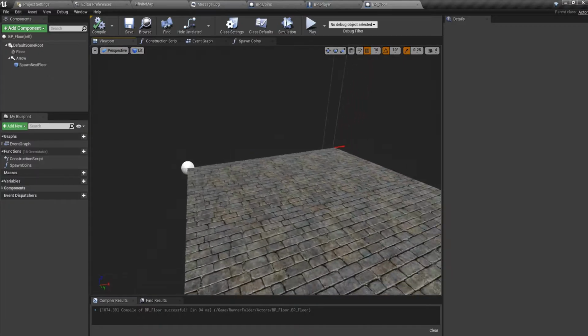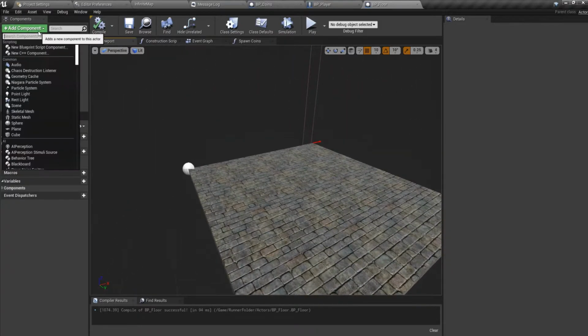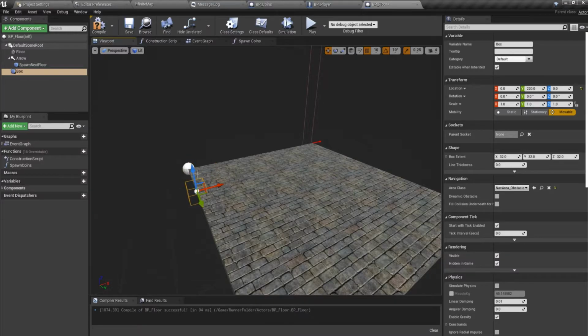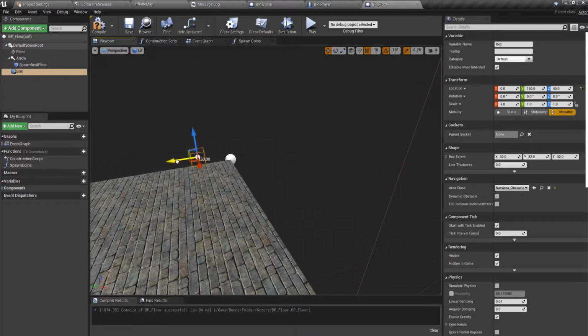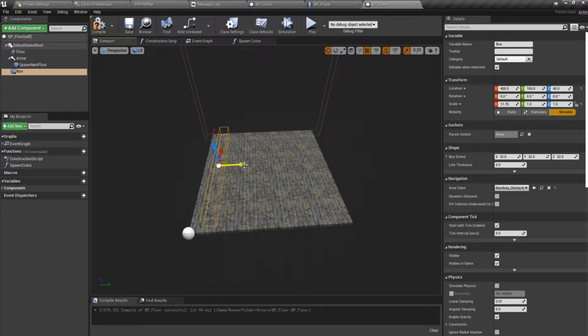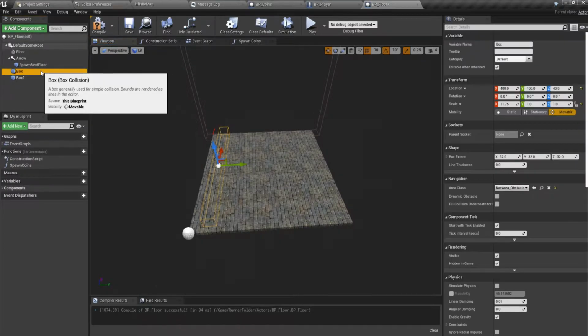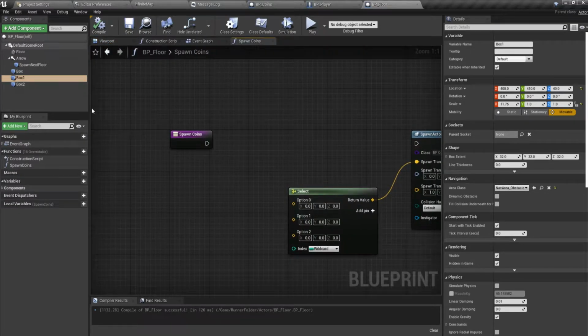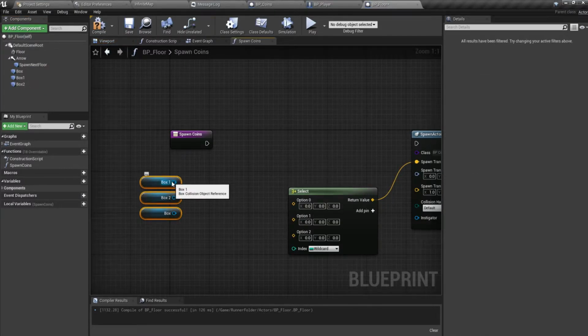Let's go to the viewport once and add in box collision. The player was someplace over here possibly. Yeah, over here, and then we'll duplicate it and duplicate one again. We'll move the box 2 to the extreme end, and the box 1 would be somewhere in the middle, like here. So what we can do is select these three and